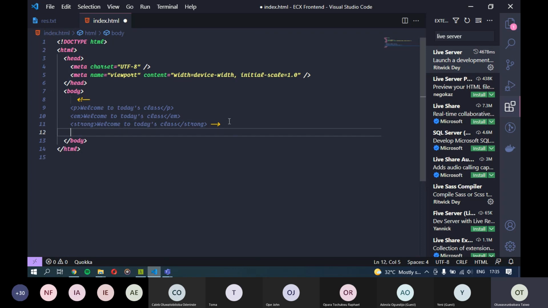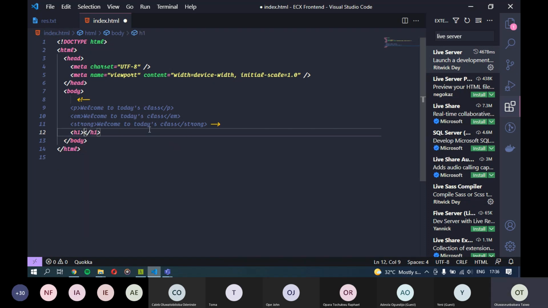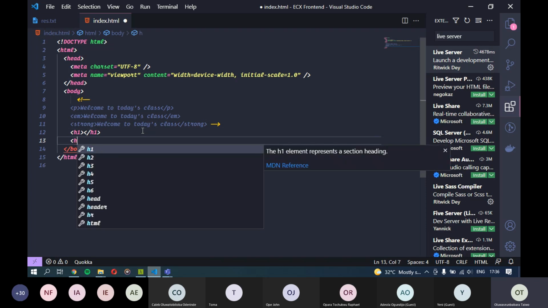So that's about that. Then for headers in HTML, we have 6 headers, and they range in order of importance. If on your HTML web page there is an H1 tag and an H3 tag, those header tags range from H1 to H6.